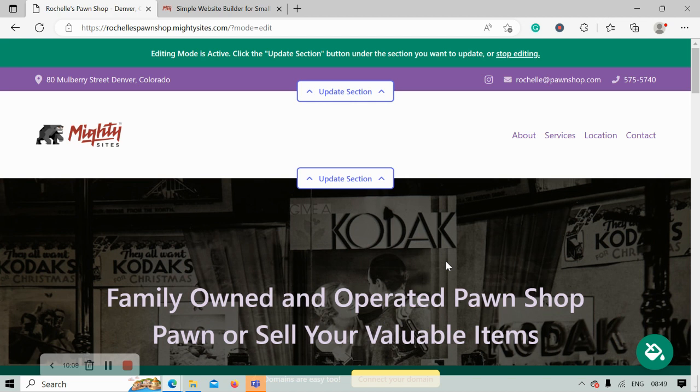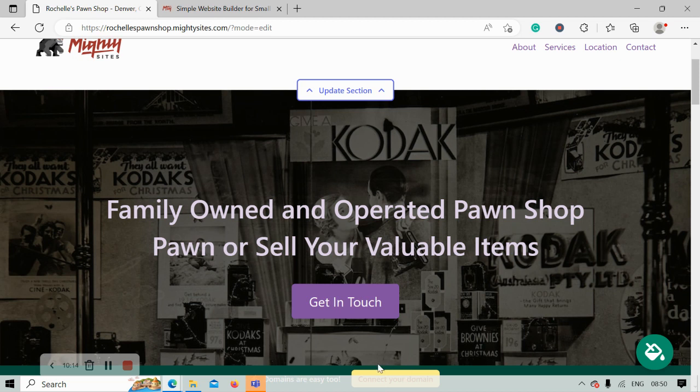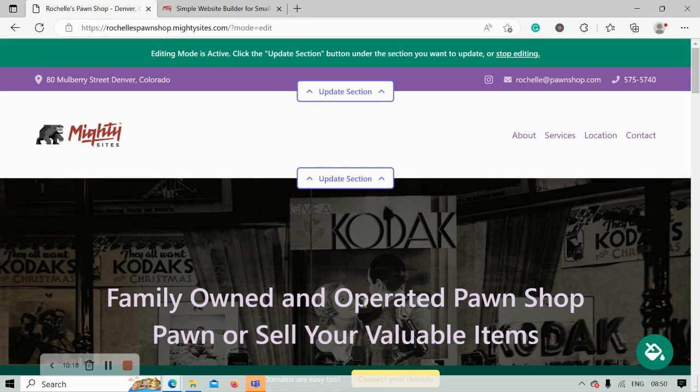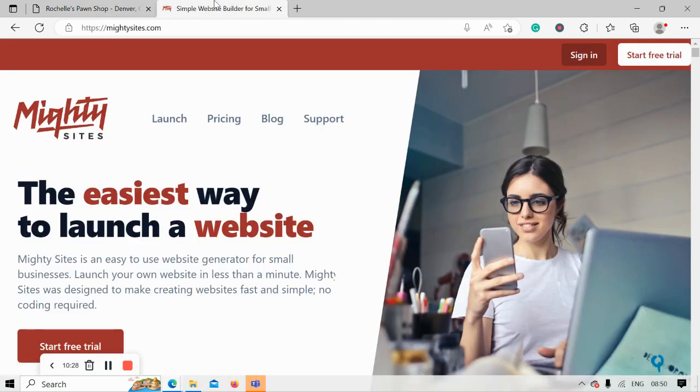If you have a custom domain, you can absolutely connect it. All you need to do is click on this nifty little connect your domain button over here, or click on the button in the site dashboard when you click on stop editing. If you are struggling, there is a YouTube tutorial available, by the way, on our YouTube channel, as well as a blog post over at our website,